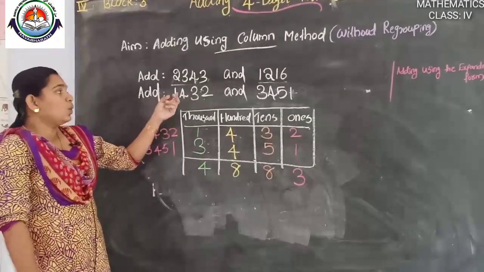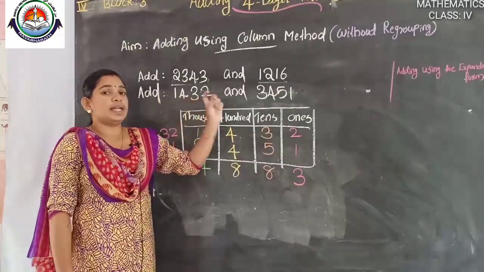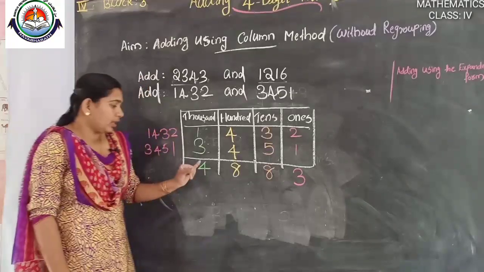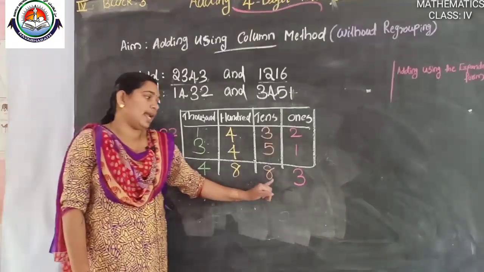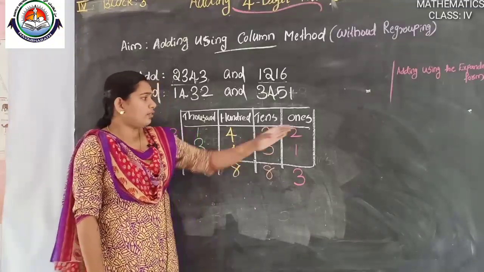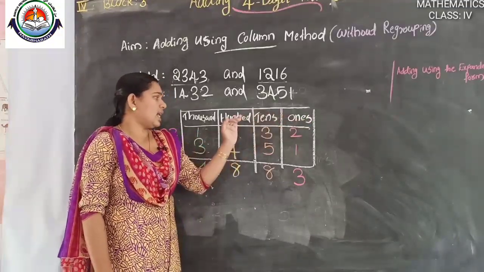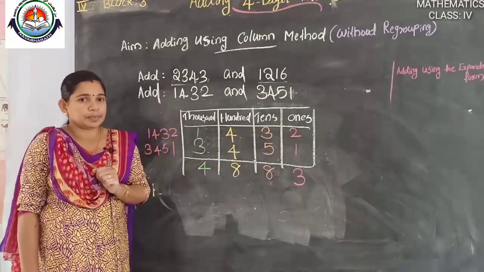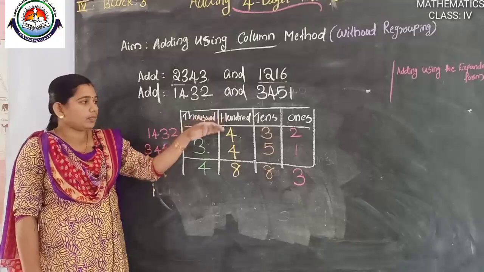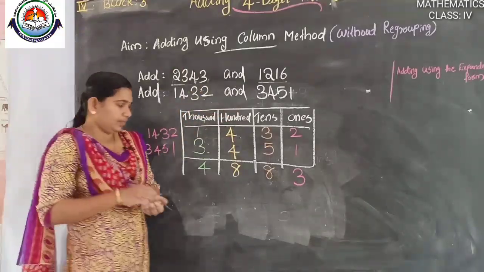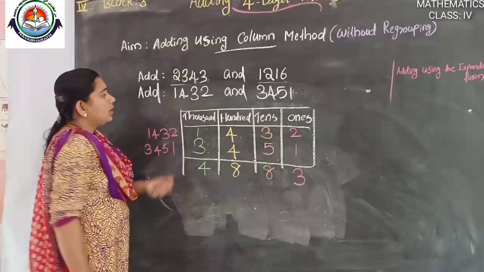We are adding 1432 and 3451. What is the answer? 4883. Then here we are writing ones, tens, 100, 1000. Then we will reduce the column. Okay. This section we reduce it. How we write? Here